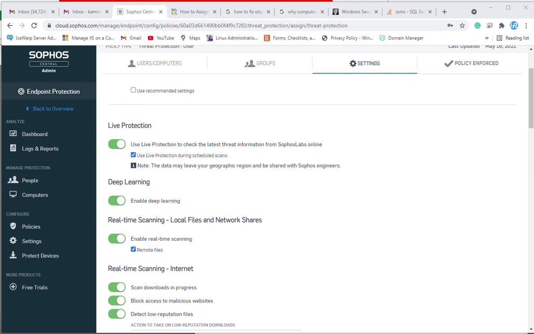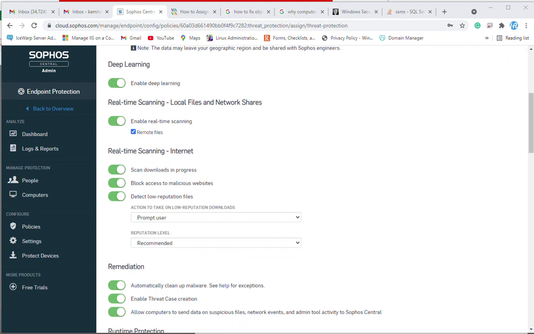Basically, real-time scanning provides scanning when you are accessing any shared drive files from the network, or you are accessing any local files. It will scan the files, and it will also detect the viruses in case any viruses are found on the network drives. So it should also be enabled.